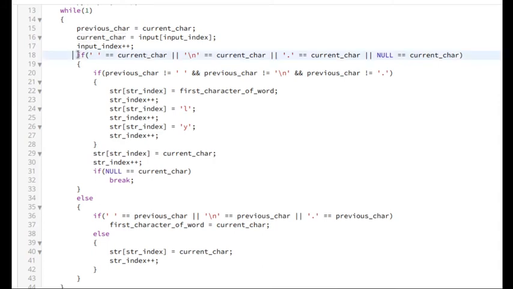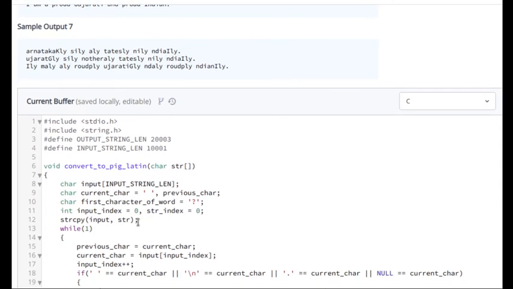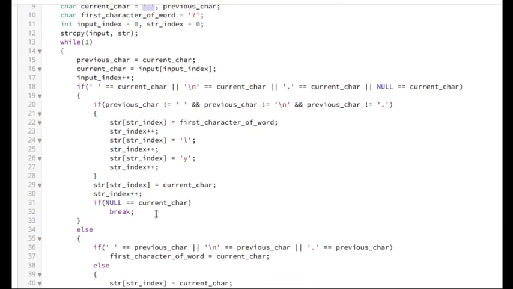So current character is k, so this is false, so it will enter else, and previous character is space, so it will assume that this k is the first character of the word, right? This is the only case where the previous character is neither space nor dot nor new line, right? So in order to handle this particular case, I have initialized my current character with space. I hope it is clear, or you can just try to wrap your head around this and it will become more clear.